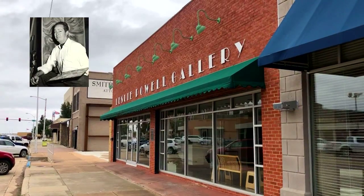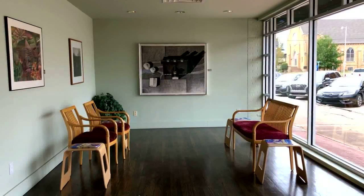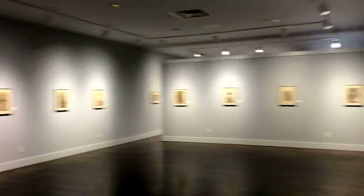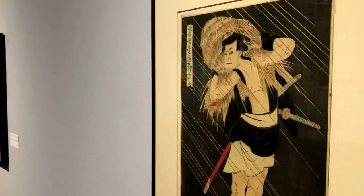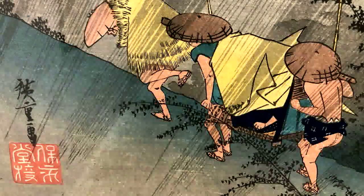First, you can transport to Japan. All you have to do is go to Lawton. Leslie Powell was a painter-collector whose legacy is found in the Leslie Powell Gallery. And through the end of the year, the gallery is showing an exhibit featuring two big parts of its Japanese collection. Wood prints that Leslie Powell collected in the 1940s, and a sort of a lost collection that fell into